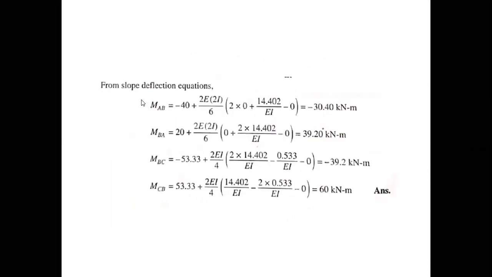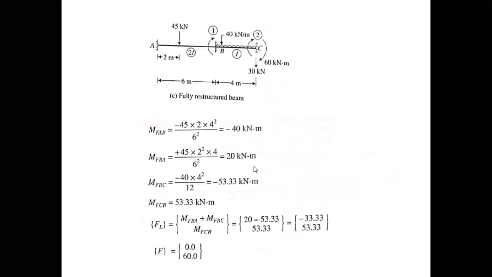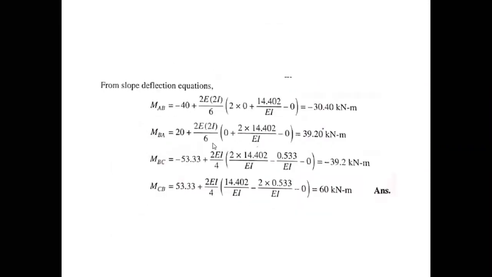Now we'll put the value of theta B and theta C into the final slope deflection equation, that says MAB is equal to minus 40. Minus 40 was the fixed end moment. We have calculated this. Then plus 2EI multiplied by 2 theta B upon 6. This is the final thing, because delta was 0, no settlement in this case. That gives the value of MAB, the moment at A, that is minus 30.40